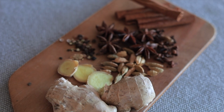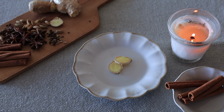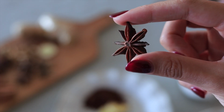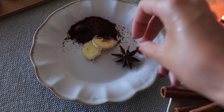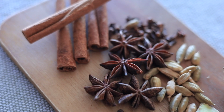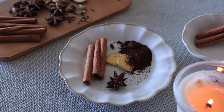I usually make it like this. I add 4 slices of fresh ginger or half a teaspoon of powdered ginger, 1 teaspoon of instant coffee, or you can use a black tea bag instead, 1 star anise if you really enjoy anise. If you're not a big fan, leave it aside because the spice tends to dominate the flavors of the recipes a lot. 2 cinnamon sticks or 1 teaspoon cinnamon powder, 5 or 6 peppercorns or a pinch of ground pepper,